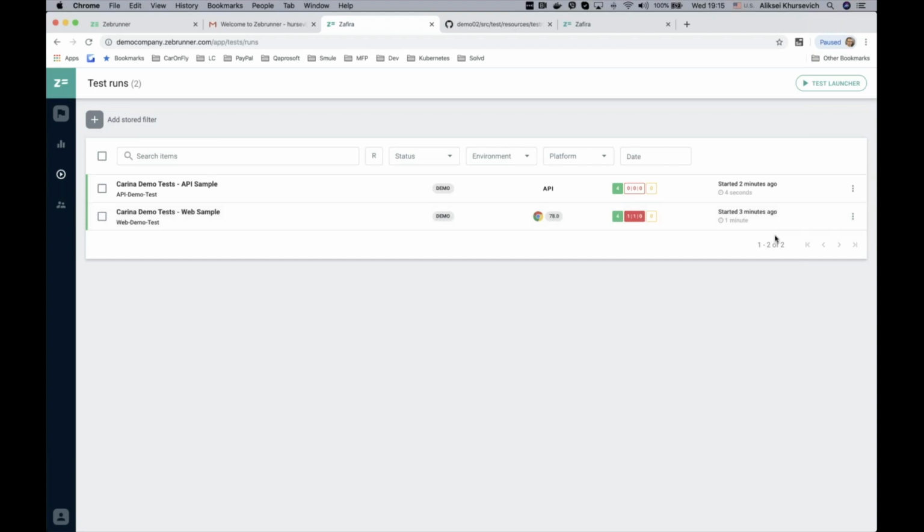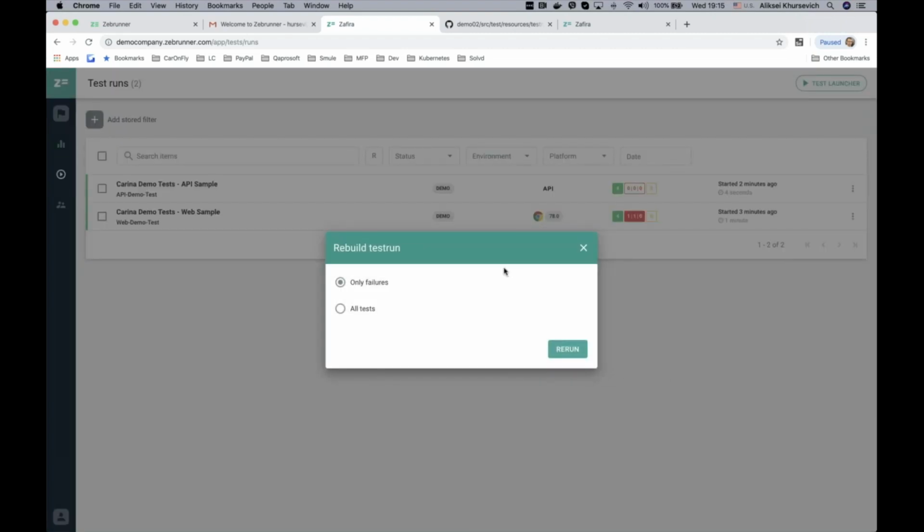So another cool feature that we have in Zebrunner is the ability to rerun only failed tests. Let's say you've executed a really huge regression run with hundreds of tests, and some of them fail due to some staging environment problem, and you have, for instance, 10% of failed tests. It's really reasonable to rerun only failed tests, and it dramatically reduces the amount of time to get the